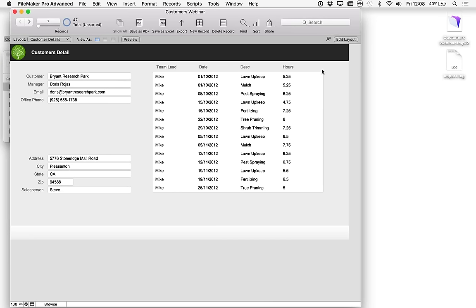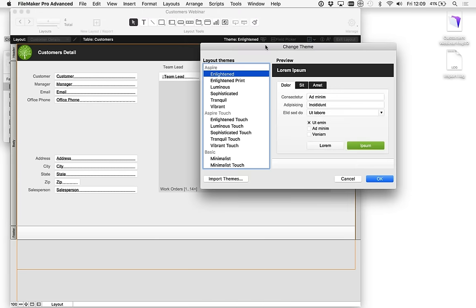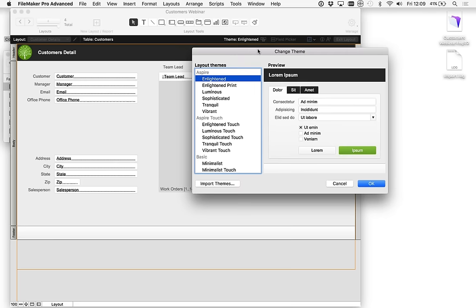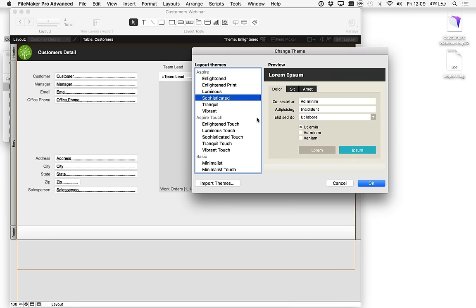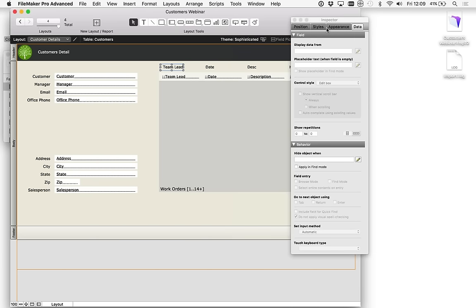So we sort of went over how to add fields using the date picker, but let's have a look at the idea of themes and styles. If we go into layout mode again here, we can see that we're on a theme called Enlightened, and we can click this button here to change the theme if we want. So we've got several themes at the top here that we could change to. So maybe we could change to a bit of an obvious one there, so you can see the change details straight away. And the reason that theme is changing the look and feel is if we bring up the inspector